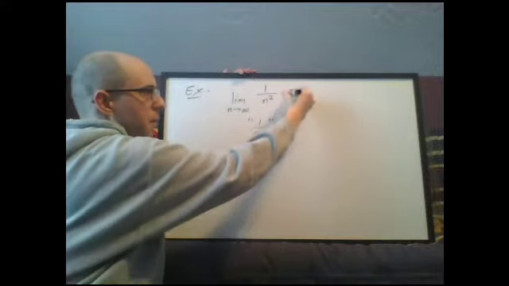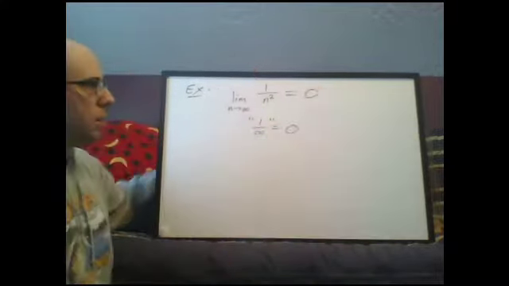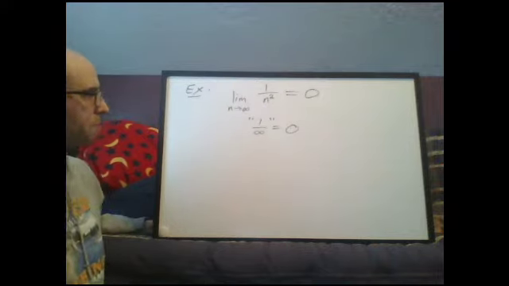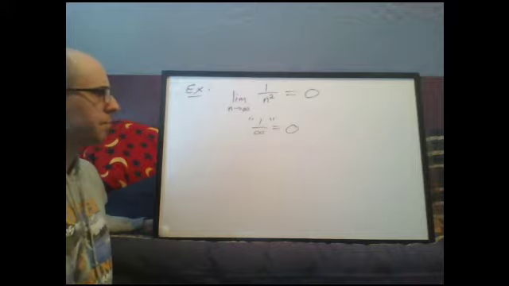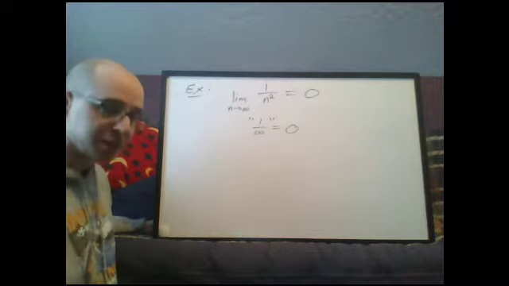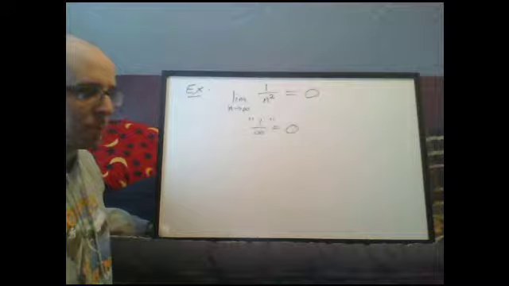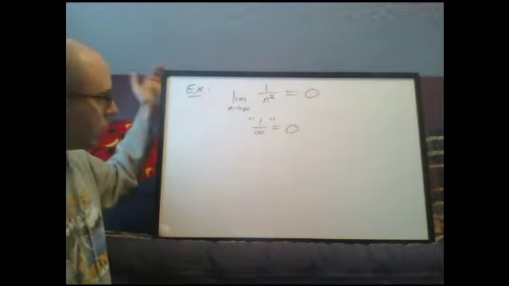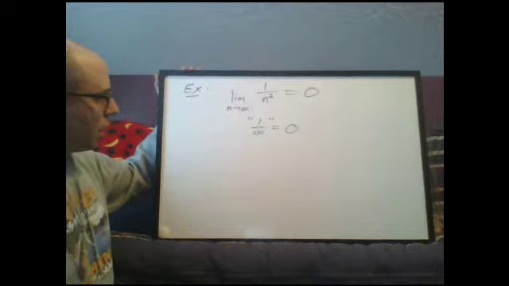That's 0. Okay, so the limit of this sequence is 0. The intuition that we use here is the same intuition we used back in Calculus 1 when you're doing the limit as x approaches infinity for something like this. However,